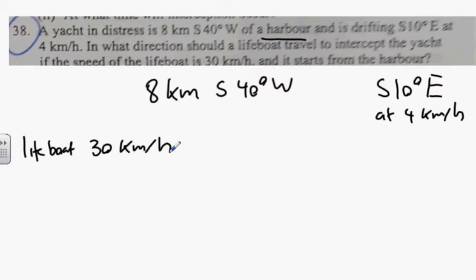Okay. So if you look at the very start of the question, you have a situation. Just draw yourself a north, east, west, south axis. One of them is south 40 degrees west. So what does that mean? South, then tilted 40 degrees west. That is the location of your yacht. That's the location of your harbour. Okay. Now,